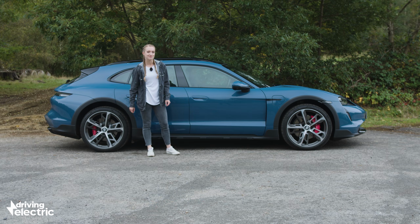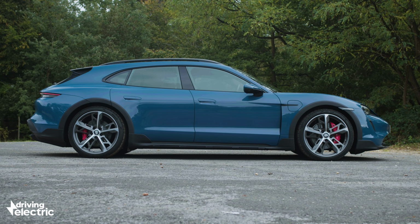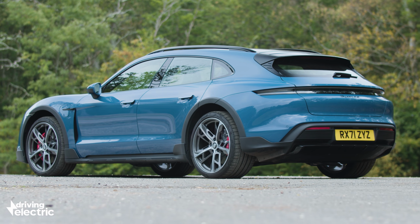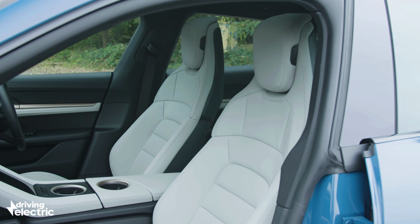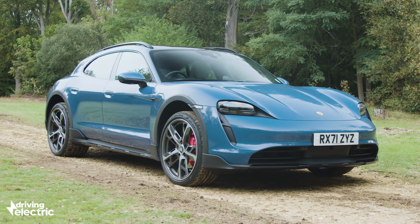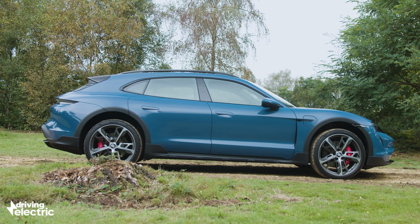We'll let you decide. Our test car is a 4S, which is one up from the entry-level 4 model, and even that starts at a hefty £81,500. For that, you get 19-inch alloys, part leather 8-way adjustable seats, and LED headlights. The 4S kicks off at just over £88,000, adding adaptive suspension to the mix. The Turbo gets you more power for nearly